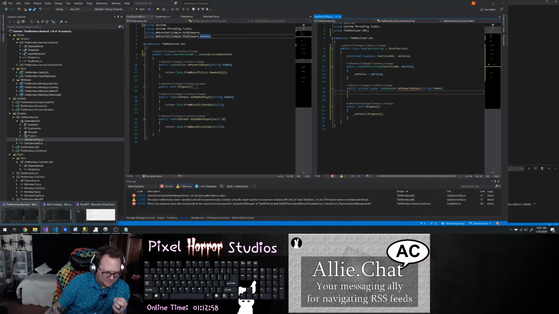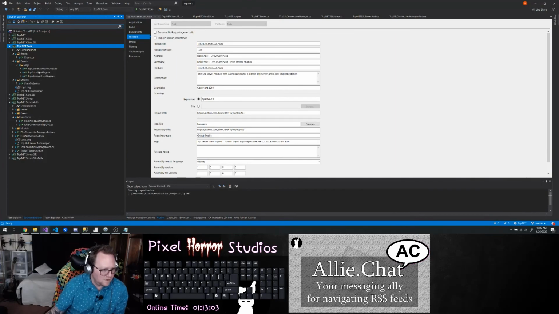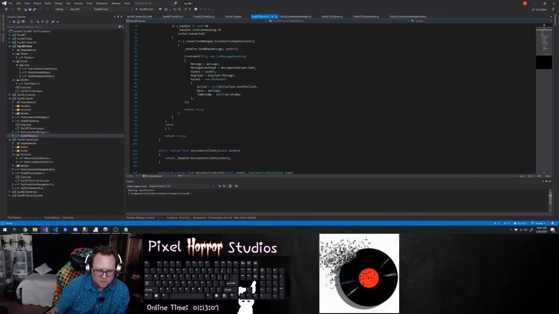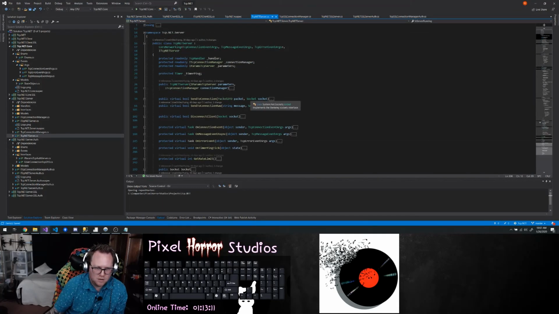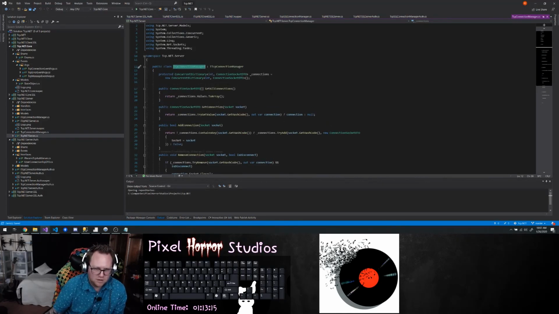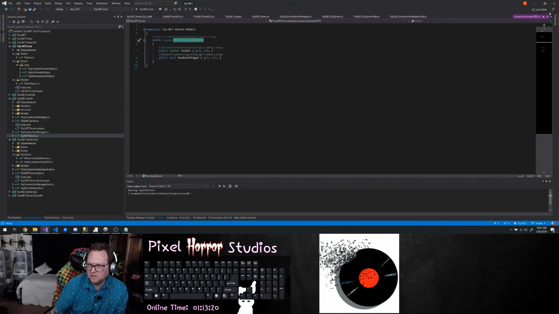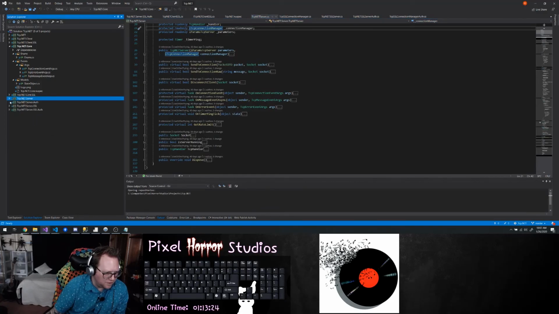If I look at my TCP net for my server, we have this IConnectionManager, which has these connection sockets. So under auth,